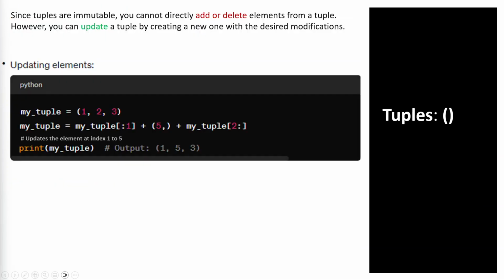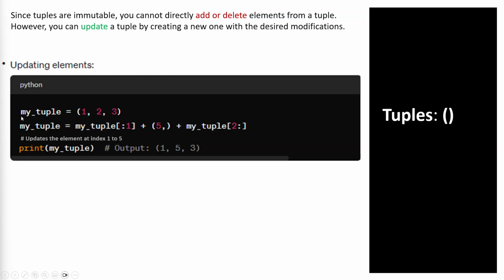So next part is, if you want to update it, there is another way. What you need to do is create a new tuple out of the current one. So here, this is the tuple 1, 2, 3. We say that we want to replace 2 with 5. So what we need to do is get this tuple, this value, and then add 5, and then add 3 here. So my tuple, then there's a colon, and it will get the last value. And if you put a colon at the first,